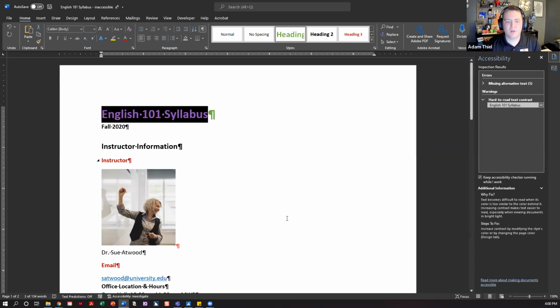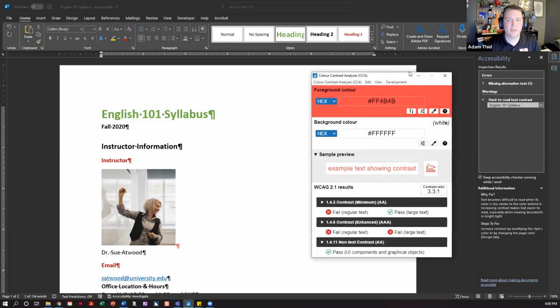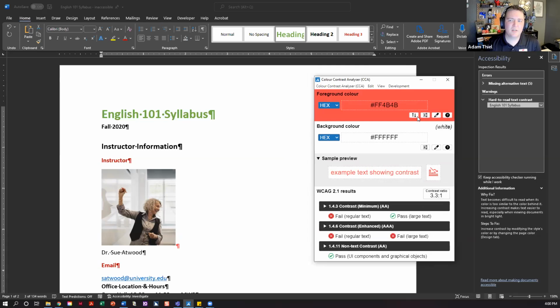That's why we like using this other tool that I linked earlier, called the Color Contrast Analyzer. It's a free tool that you can download, a really lightweight little program that lets you check color contrast using these eyedropper tools. If you want to check a foreground color versus a background color, it doesn't matter which one you pick first, as long as you choose both colors that you want.